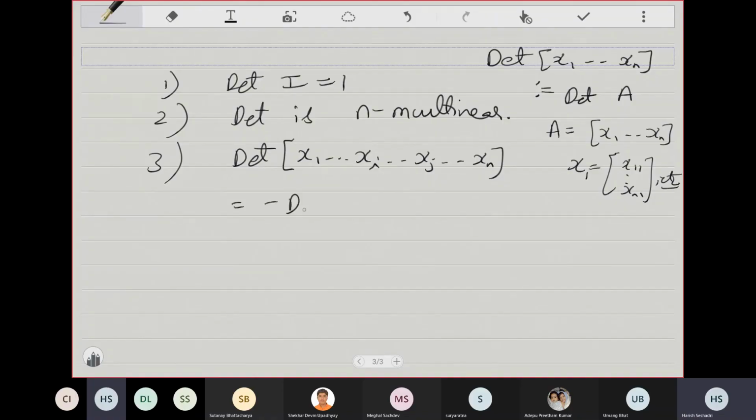So this says that if I interchange any two columns, keeping the others as they are, this is actually, Rudin doesn't mention this, but this is called skew symmetry. So this property is called skew symmetry or alternating. So these 2 and 3 together